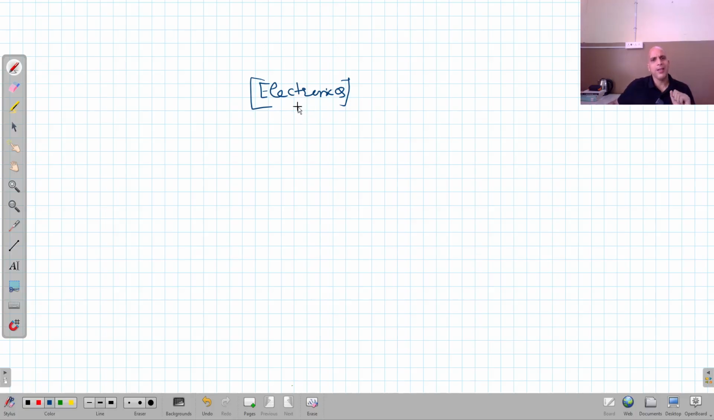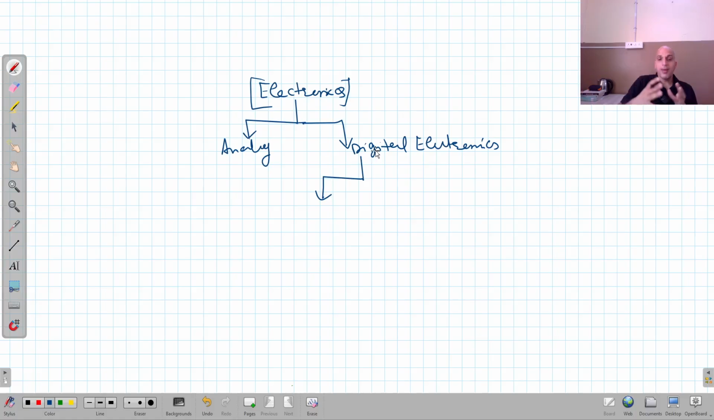We know very well that in electronics also we have two different branches. One is analog electronics and one is digital electronics, right? So these are the two separate branches of electronics. Today I am going to start with digital electronics. Now you know very well that in digital electronics the digital signals are used, and digital signals are